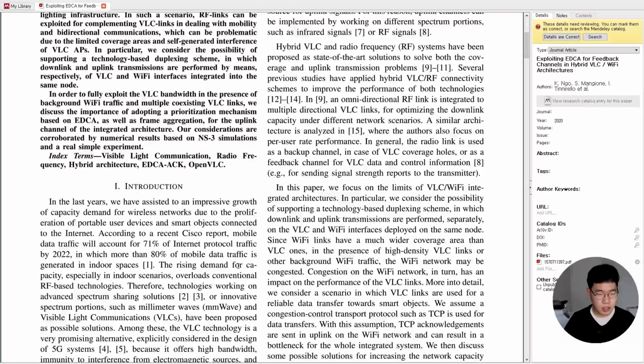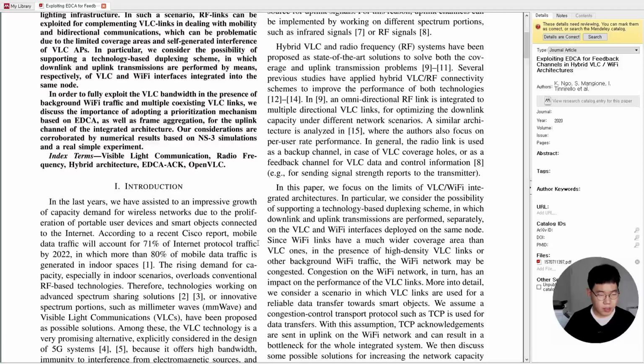Introduction. In the last years, we have assisted an impressive growth of capacity demand for wireless networks due to the proliferation of portable user devices and smart objects connected to the Internet. According to a recent Cisco report, mobile data traffic will account for 71% of Internet protocol traffic by 2022, in which more than 80% of mobile data traffic is generated in indoor spaces. The rising demand for capacity, especially in indoor scenarios, overloaded